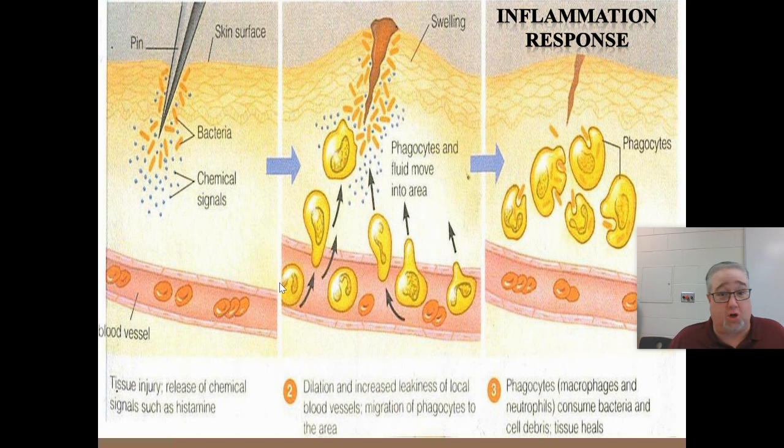Now, one of the things that travels within your blood is a specific type of white blood cell called a phagocyte. Phagocytes are one example of a white blood cell, and their job is to basically just consume and eat these bacteria. So as soon as that histamine gets sent out, as soon as that alarm gets sent out, all those phagocytes travel to that area and they start devouring these